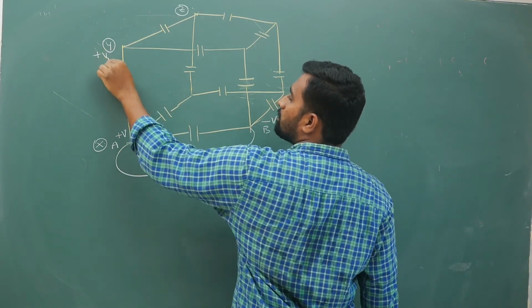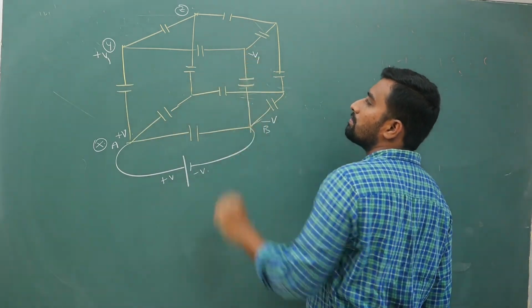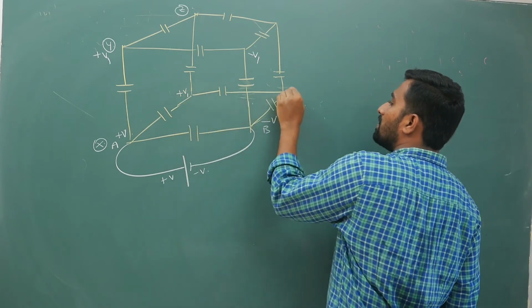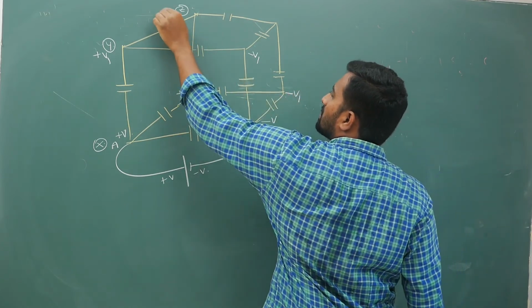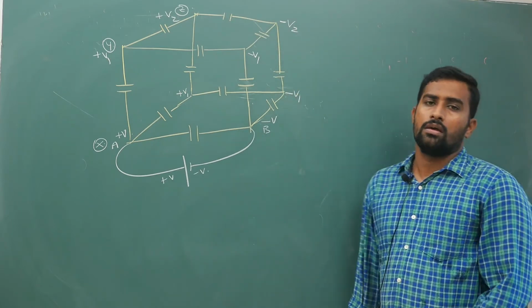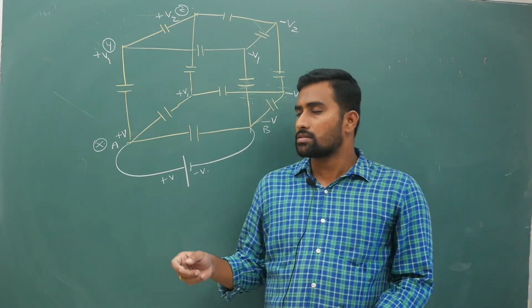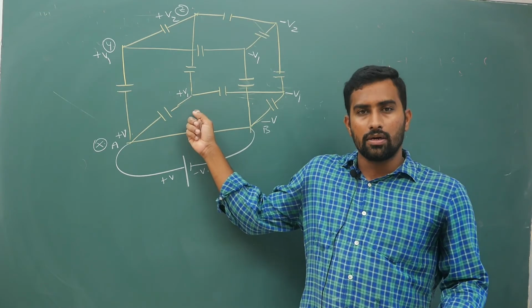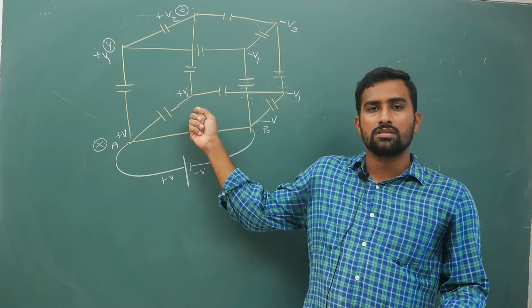From this side if it is plus V1, from this side it is minus V1. Now in the bottom part it is plus V1 minus V1. Here it is plus V2, here it is minus V2. Many of you could think, sir, why are you writing plus V1 here, why don't you write plus V2? I can do that, but the answer becomes still lengthy.